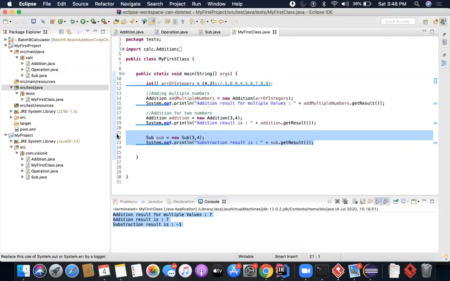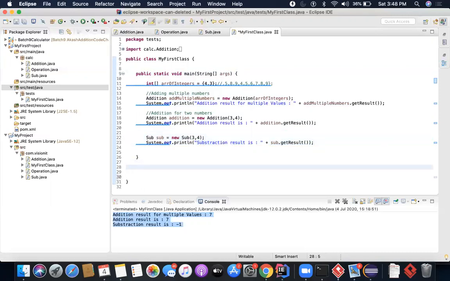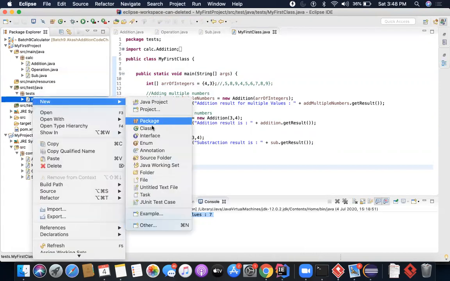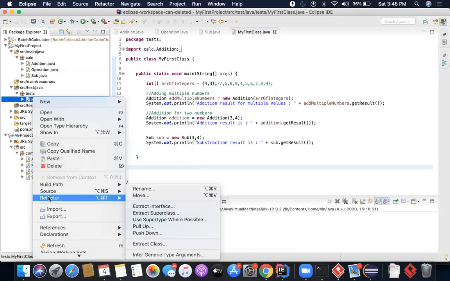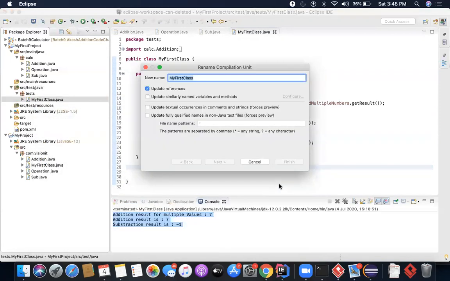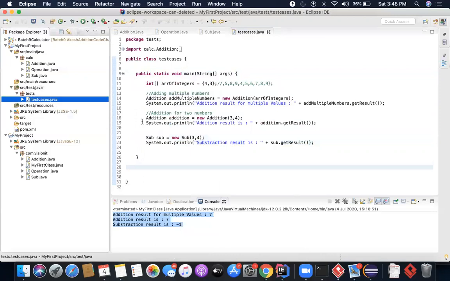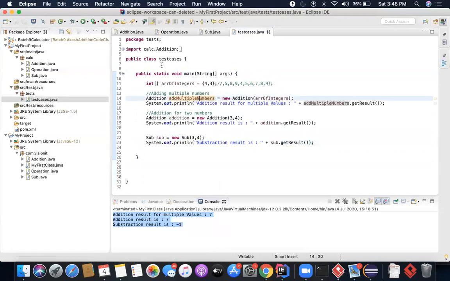So how about I structure them into two methods. I'll write public void, or maybe before I even do that, I will just rename this file. For example, if you want to rename something, you have to go to refactor and rename. You write here test cases, finish, and here you will say create two methods.